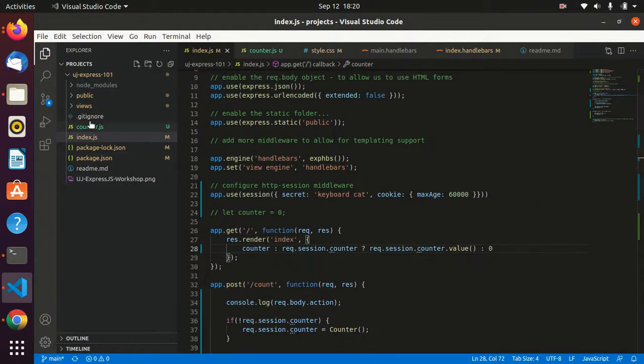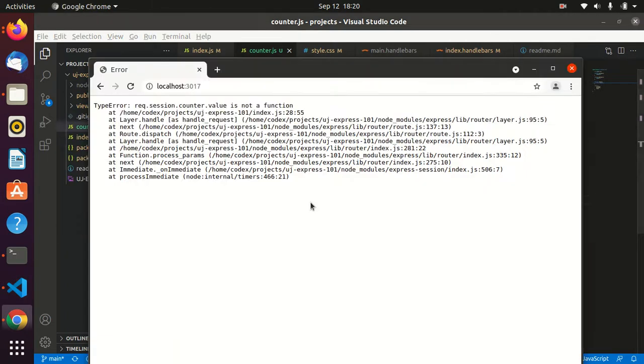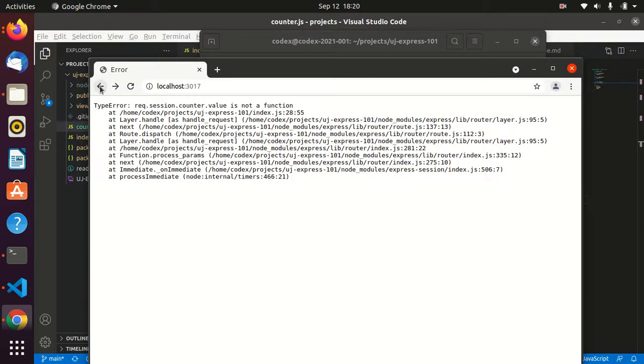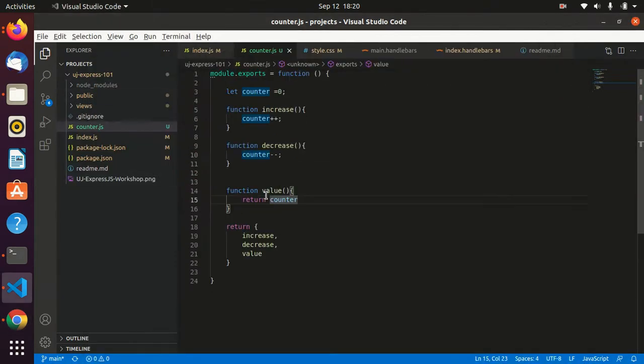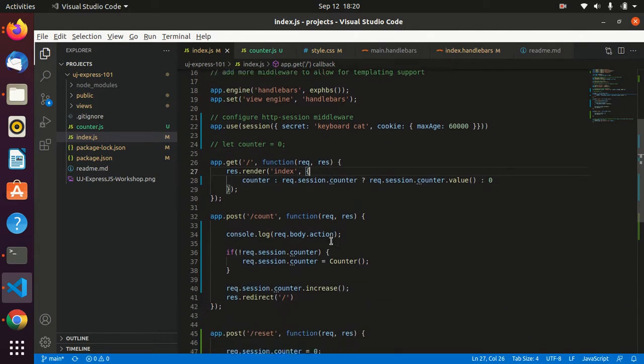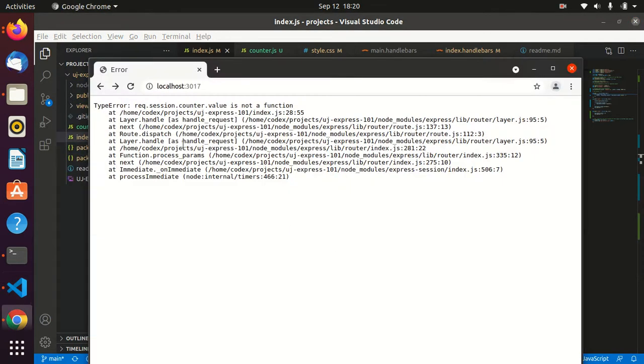Res.counter.value. So what do we have in our counter? We have a value dot. So let's see. Okay. Where is this issue now? The issue comes in. So if we go back here, go back here, go back here, refresh,